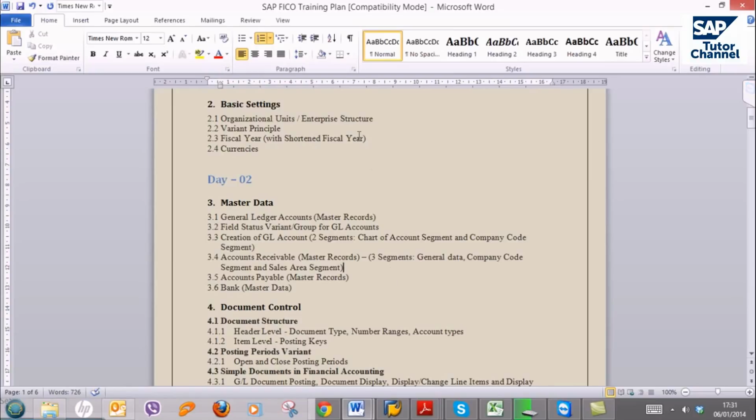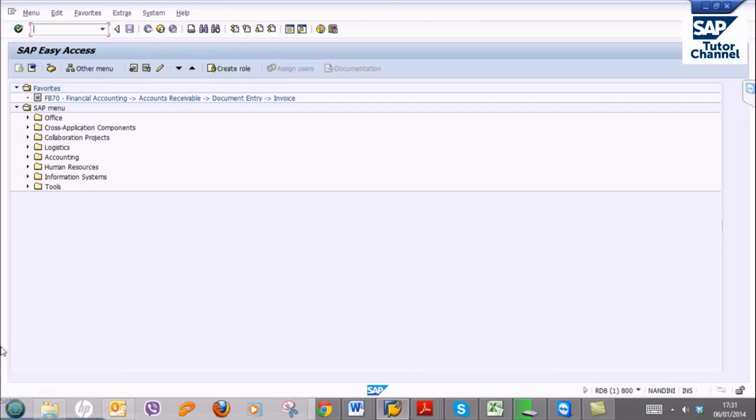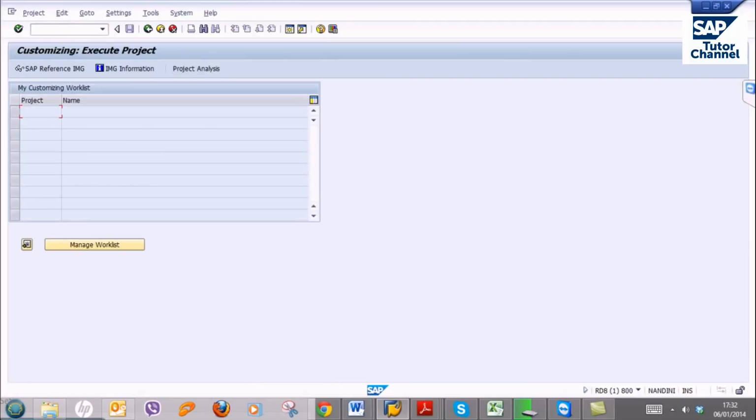Now the transaction codes will also be different to create the master record centralized or decentralized. What is the transaction code to go into the implementation screen? SPRO. Click on SAP reference IMG